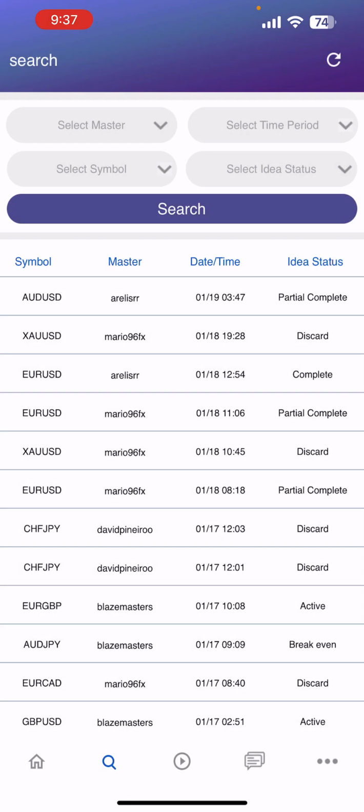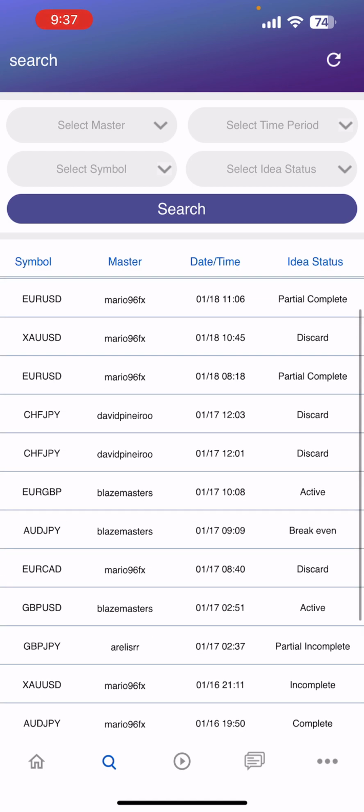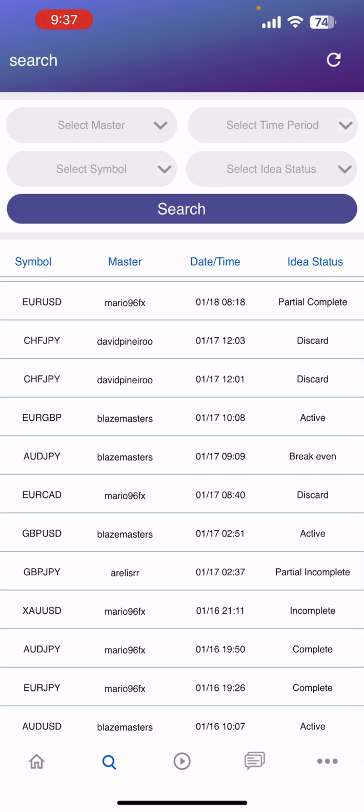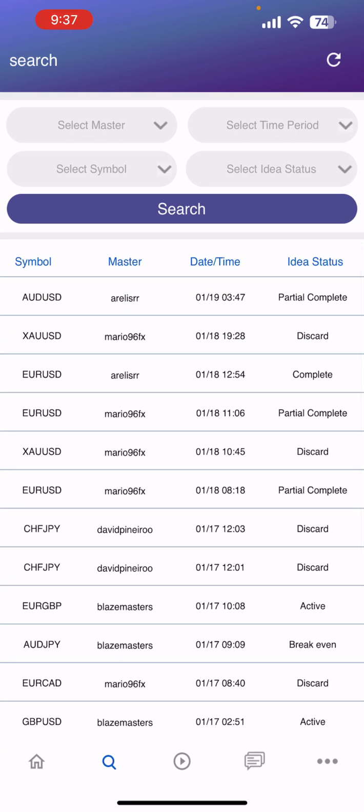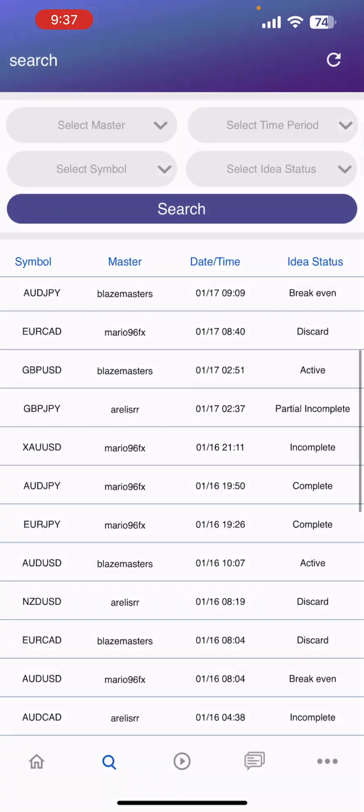On the search button on the bottom, you're gonna see which operations are active or discarded or completed or partial complete, and which ones are still active. And there's actually some actives right now, which is the euro and the Great Britain pound and Great Britain pound USD as of today. It also tells you which ones are going to be break even. If you are interested in knowing more what partial complete or break even means,